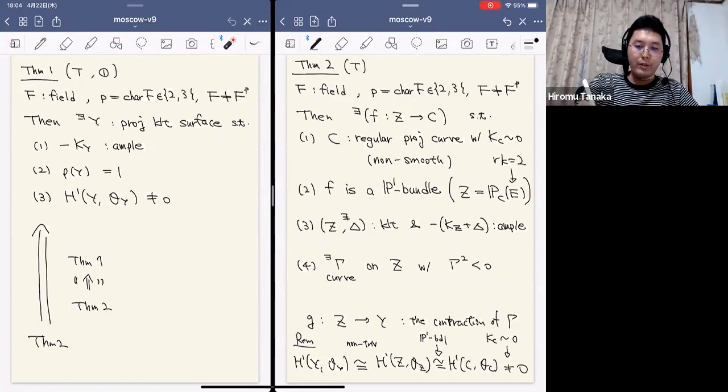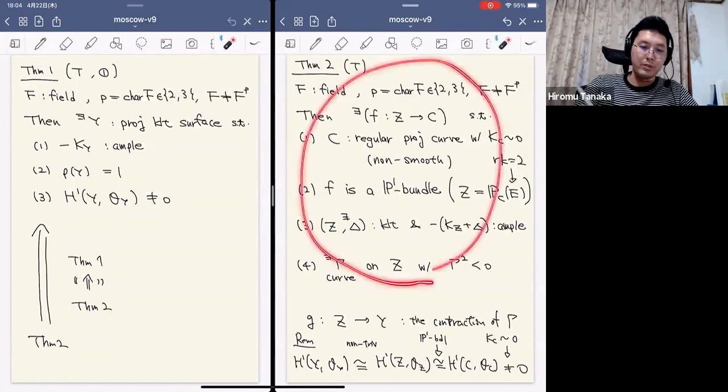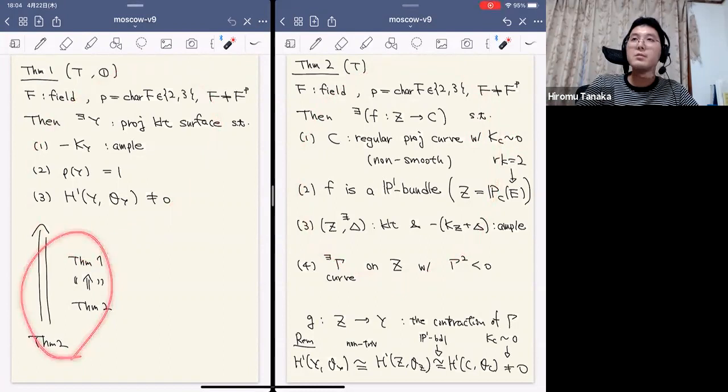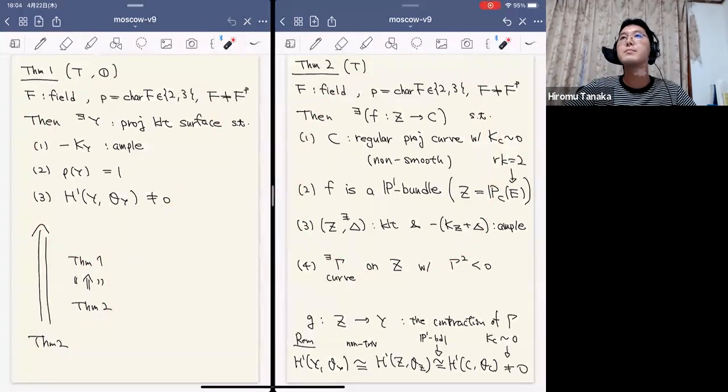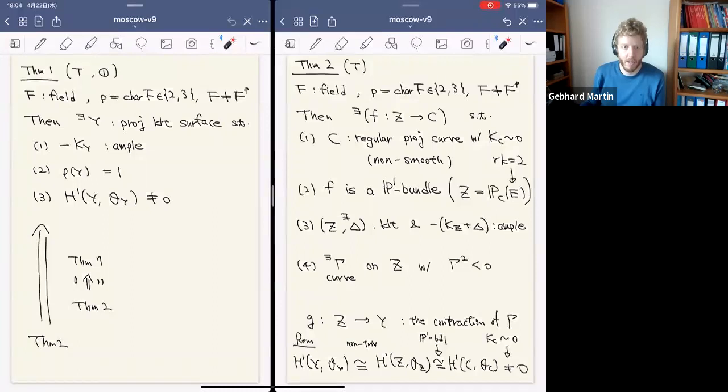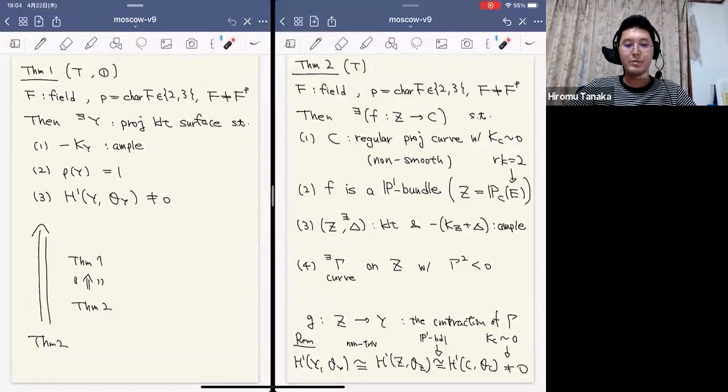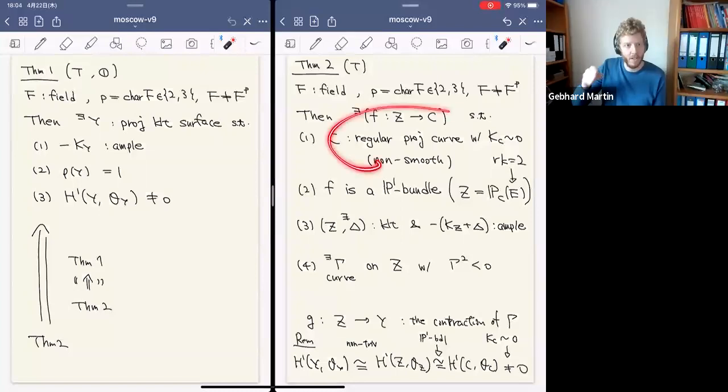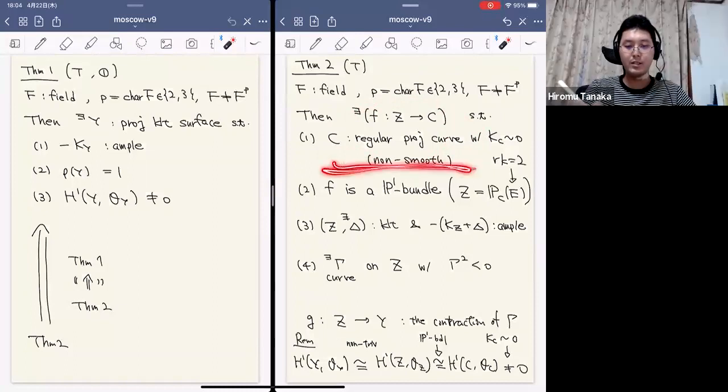Okay, so now I think if we assume that theorem 2 is okay, then theorem 1 should be okay. But the surface you construct like this, it's not geometrically normal, right? Not geometrically normal. Yes. And the singular locus is over the singular locus of this regular non-smooth curve. Yeah, exactly. So actually, after taking the base change of this curve, this becomes a cuspidal cubic curve. So along that fiber, the base change of that is not smooth.